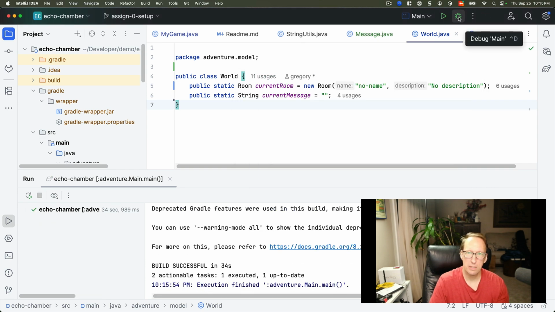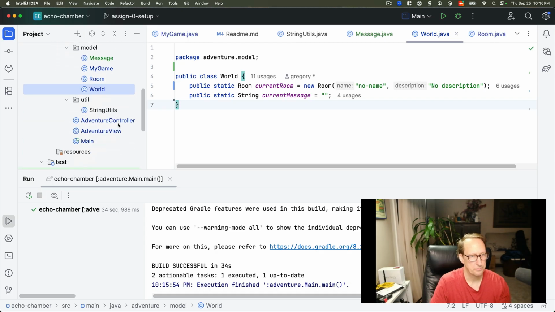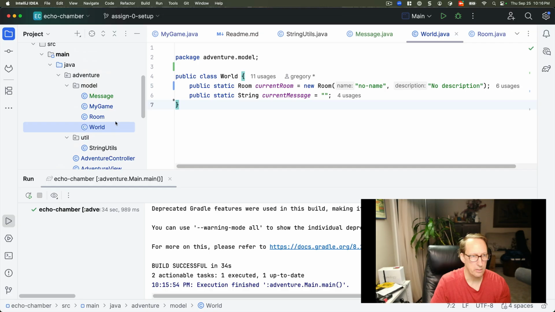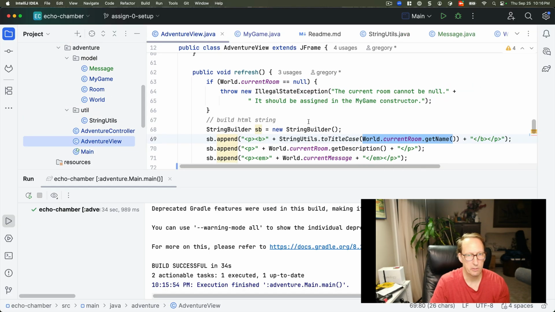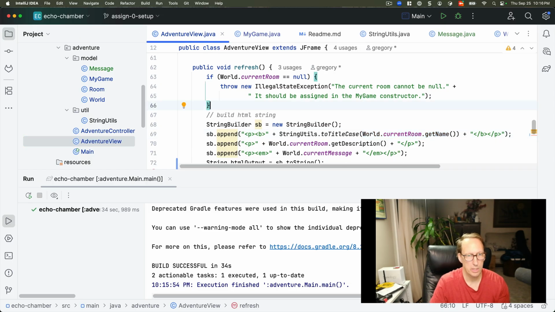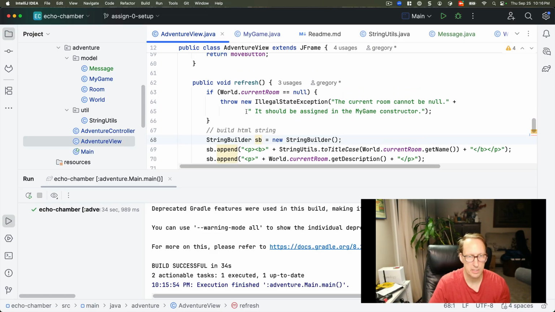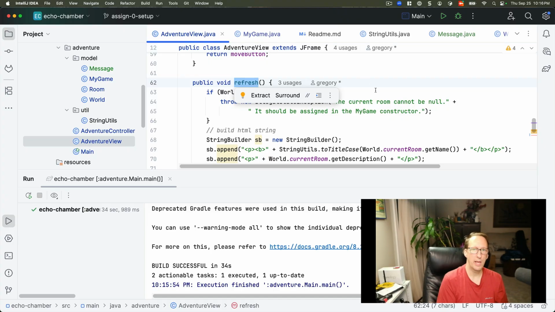Okay, and what I did first was I debugged it, because I knew in the adventure view I had a refresh method that was critical to displaying the output. Okay, so you can see this. Whoops, maybe you can't see this. Okay, so this refresh method is in adventure view. This is part of the view. And what happens is